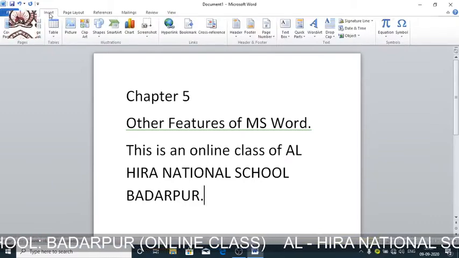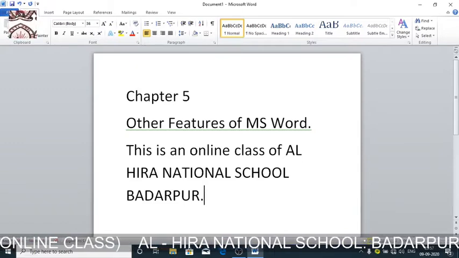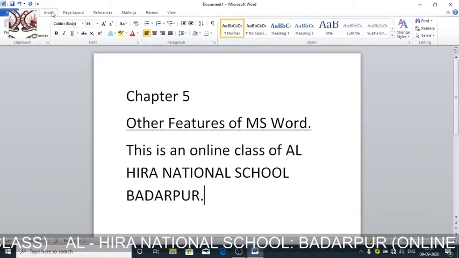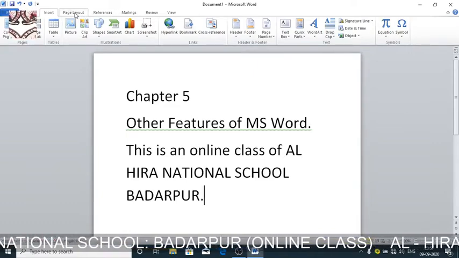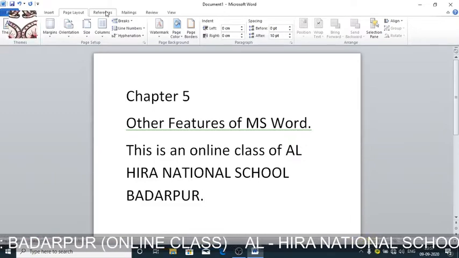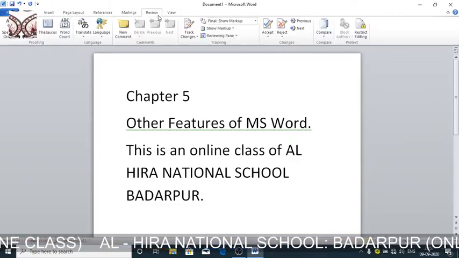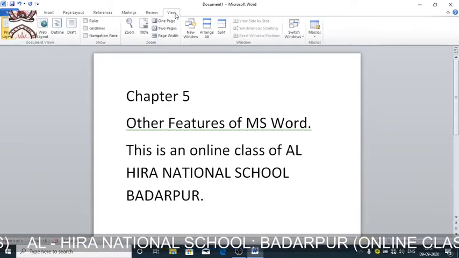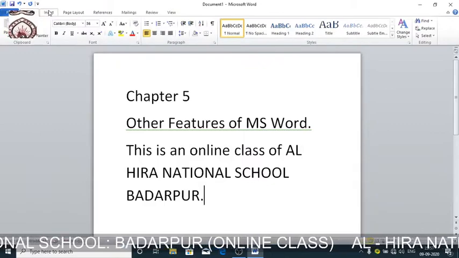We can see that it counts the number of word. Actually this feature is being just minimized.